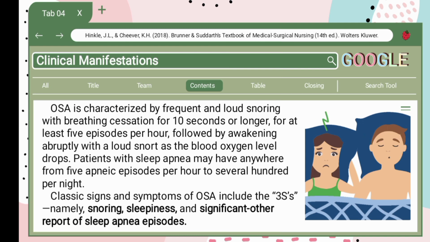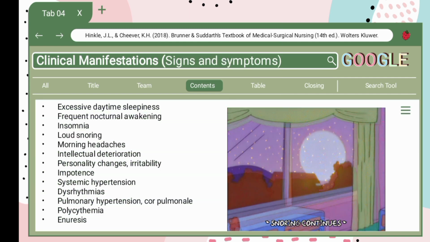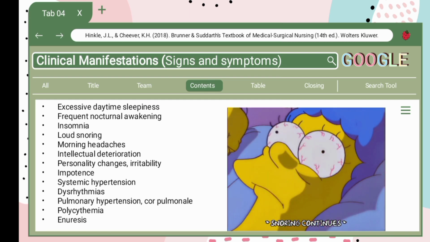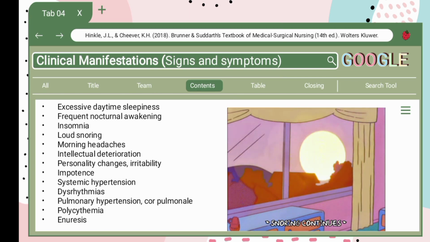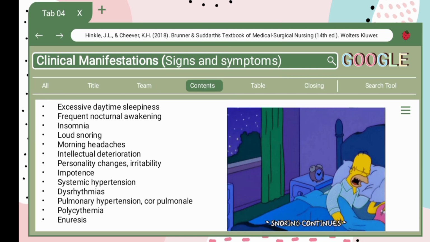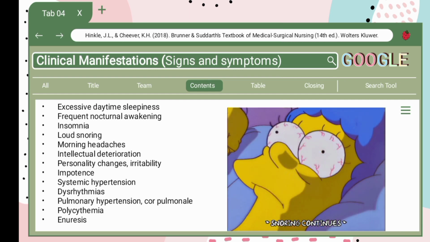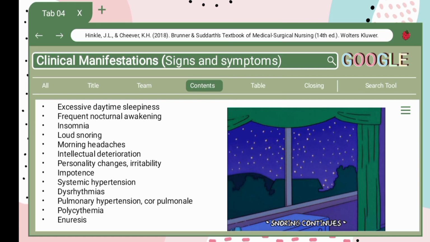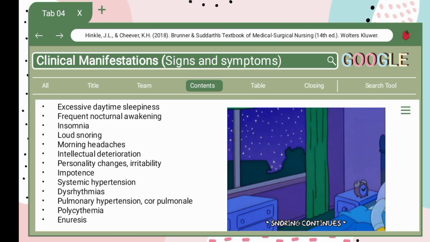Classic signs and symptoms include the three S, namely snoring, sleepiness, and significant other report of sleep apnea episodes. Other signs and symptoms include excessive daytime sleepiness or falling asleep repeatedly during the day, frequent nocturnal awakening, insomnia, loud snoring, morning headaches, intellectual deterioration, personality changes, irritability, impotence, or problems that interfere with sexual intercourse and reproduction,